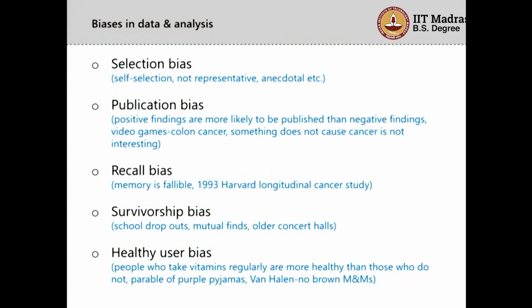Publication bias is the other one. Whatever you find to be very exciting or surprising news has a publication bias, right. Positive findings or more interesting findings are more likely to be published than negative findings, right. So for example, if somebody did a study on whether video games cause colon cancer, most likely they will find out that they do not, right. There is no reason why playing video games will cause you colon cancer, and this study will never get published at all, right, and therefore